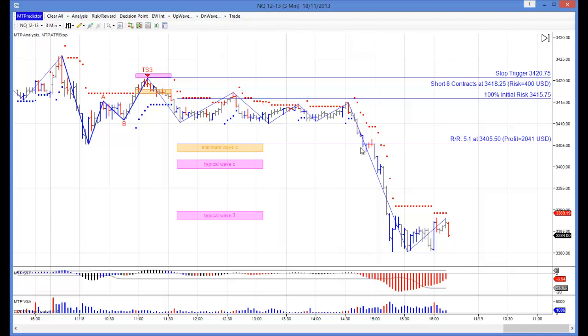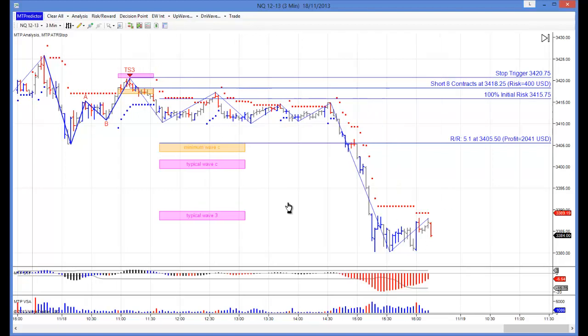The market came down and then tagged our first profit target at this level here for a lovely 5R profit. In other words, it would have turned a $400 initial risk into $2,000. Now yes, it would have been nice if we'd caught this fall later in the day, and if I actually put the cursor on and we look at this, normally what we do